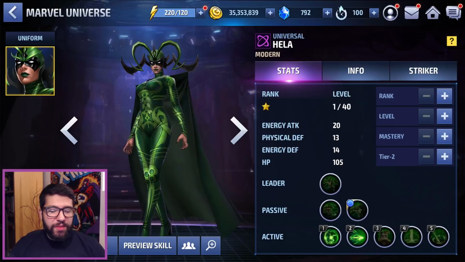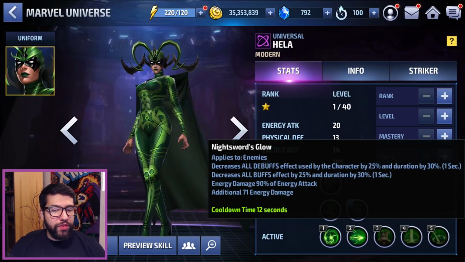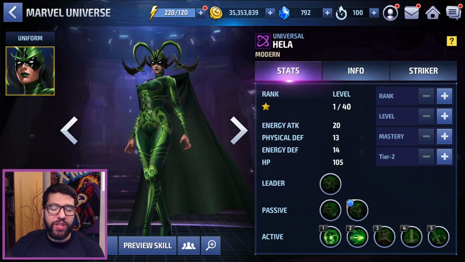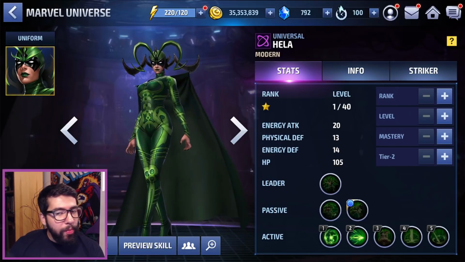It would be nice to see some skill changes as well, because some of her skills are just really bad, like her 4th skill, which looks like it's an iframe, but it's really not an iframe. She just levitates, but you can still hit her. Things like that should really be changed, and some of the damage numbers could definitely afford to go up, because